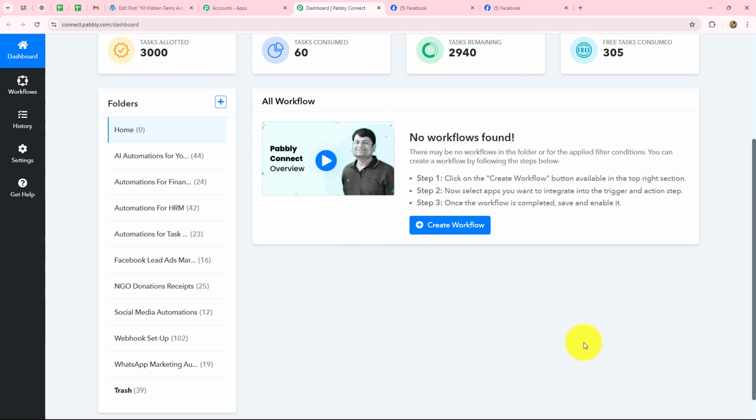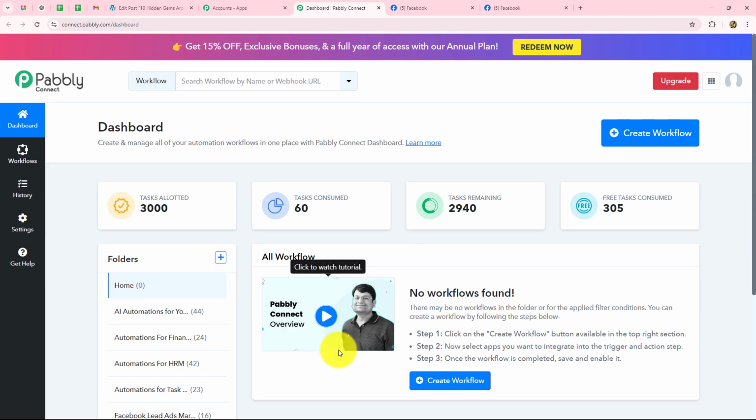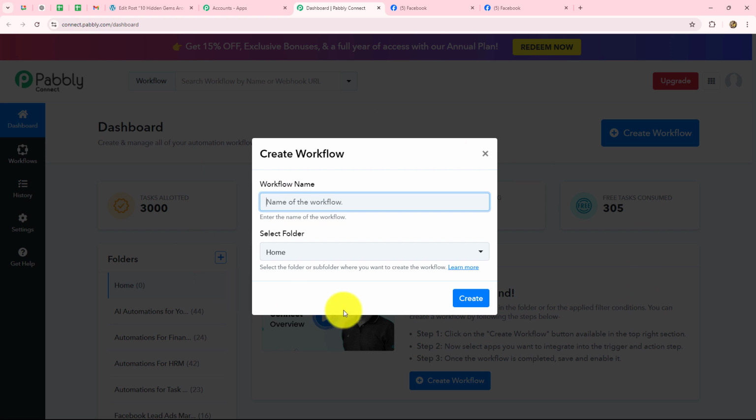On this dashboard, we can find all our workflows which we have created, and we can also create different folders over here in the same dashboard in order to save our workflows separately according to different purposes. Now, to create a new workflow, you have to click on this create workflow option. Let's do that. Here a dialog box has appeared in front of us, which is asking us to provide a